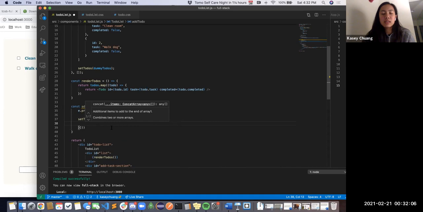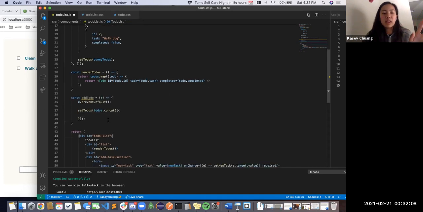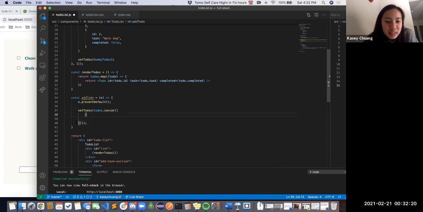Because again, we don't want to alter the actual state. So I don't want to use push here, which you normally use to add to an array. I want to return a whole new array to set it to. So I'm going to do to-dos dot concat. And this looks kind of confusing. I'm going to go ahead and change the indentation a little bit. So yeah, we're concatenating